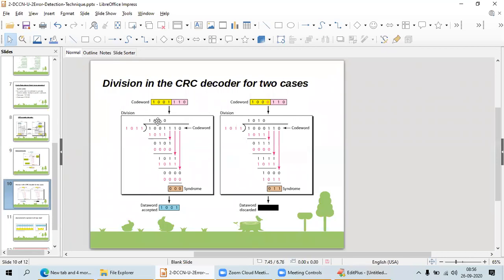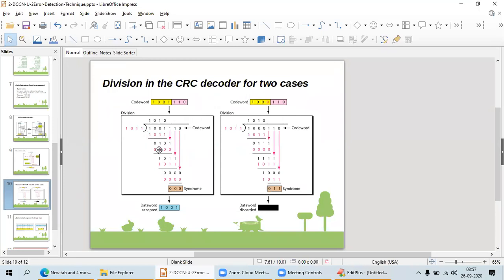I am dividing this. My code word starts with 1, so I divide with 1011. Division gives the result 010.